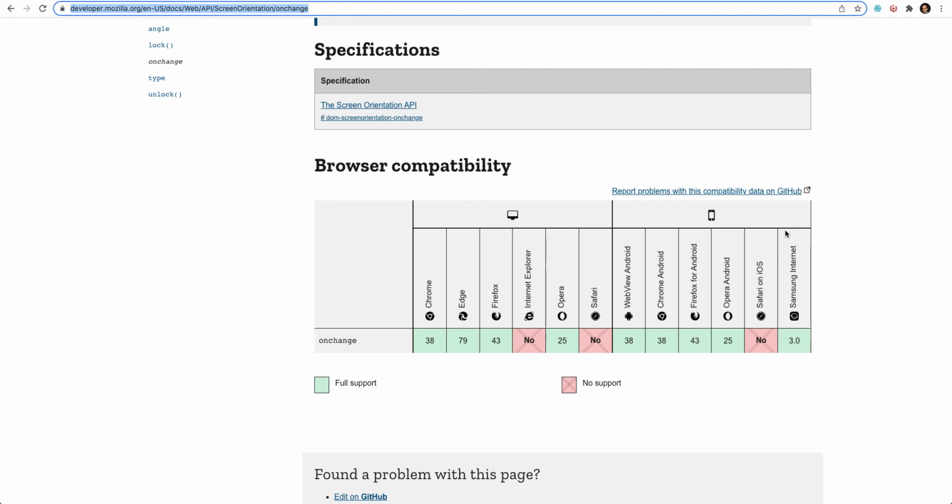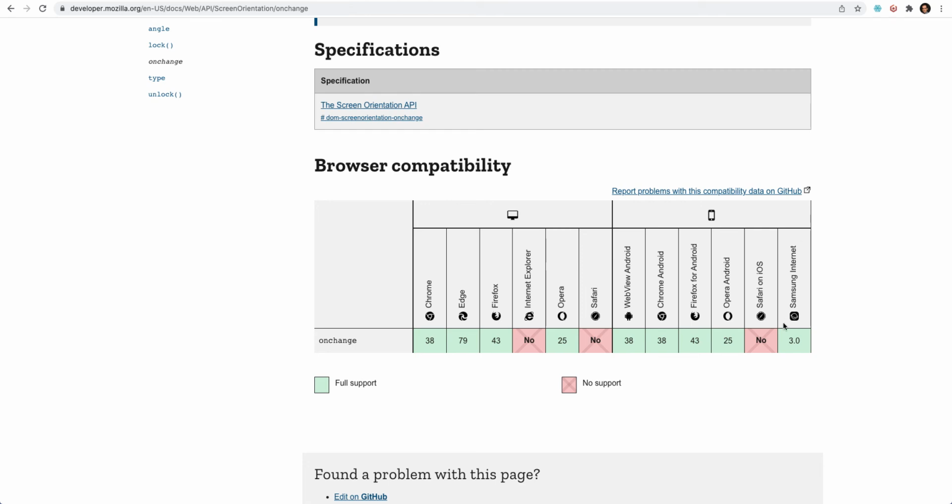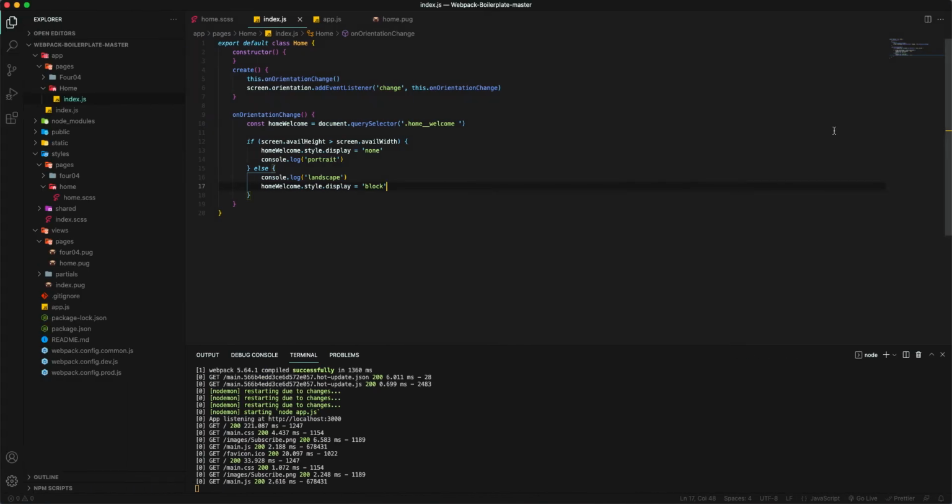And that's a big deal for us because obviously a lot of people have iPhones and they use the default browser, which is Safari, to check out any web page. So this is not good. We don't want to not provide this feature to them. A lot of users are not going to actually experience what we want them to experience. So as it turns out, this was not a good thing to do,